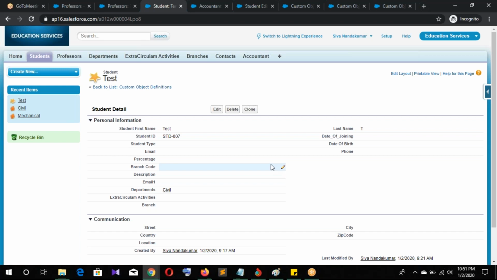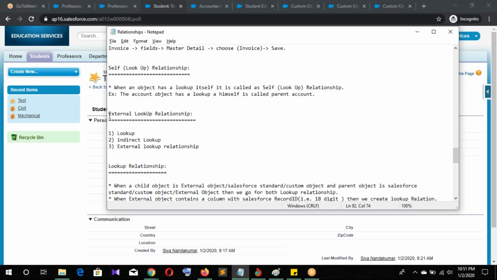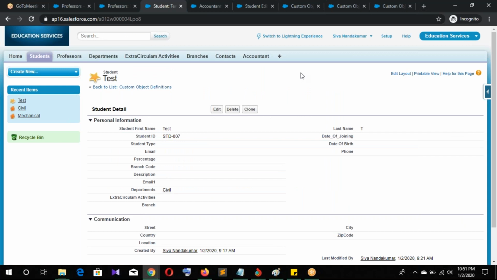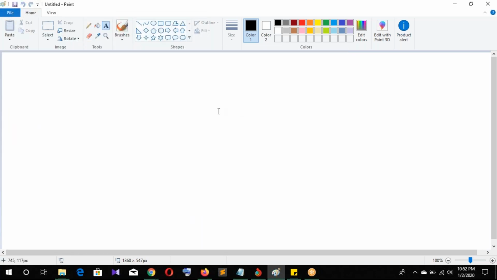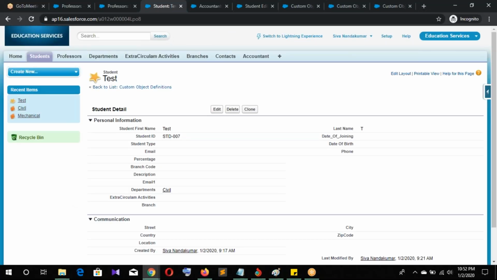Clear? Okay. Let's see another one. External lookup relationship. What is the meaning of external lookup relationship? Presently we are using our Salesforce standard objects and custom objects, right?